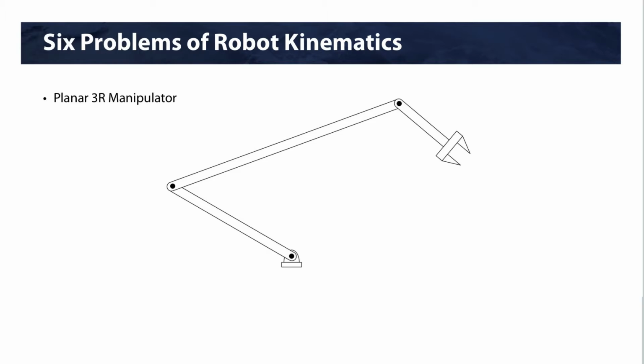And in this example, we're using the planar 3R manipulator. So 3R, what does that mean? Well, the R stands for revolute in this case, so we have 3 revolute joints. All right, planar, so it's a manipulator operating in the plane, which differs from a spatial robot that operates in 3D space. So we have a base,